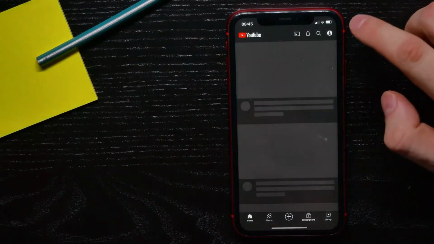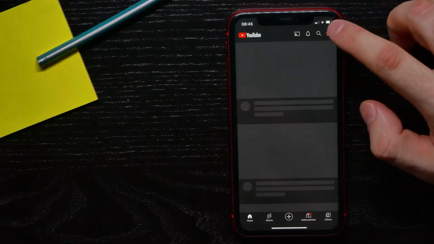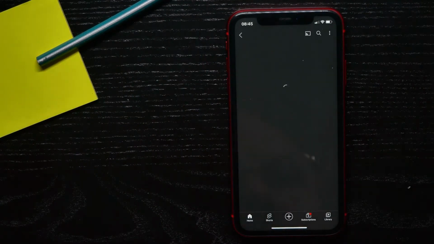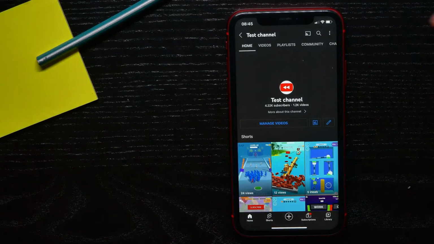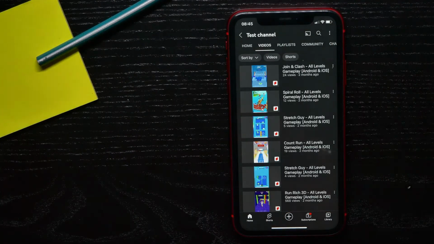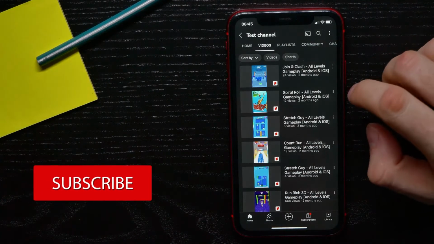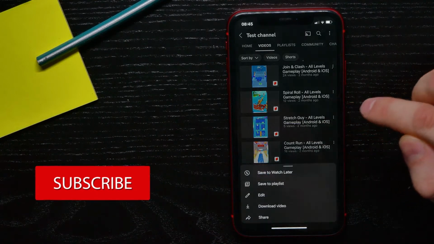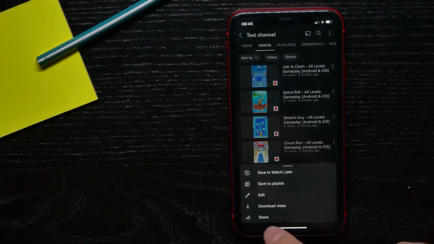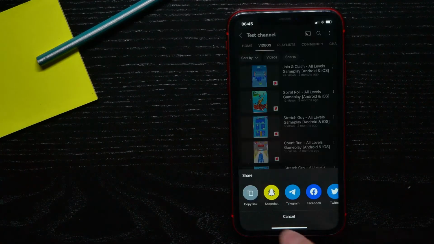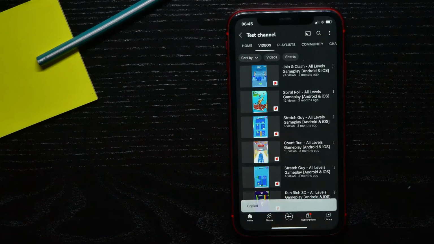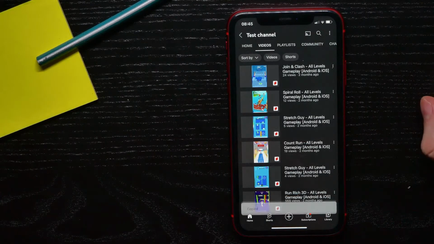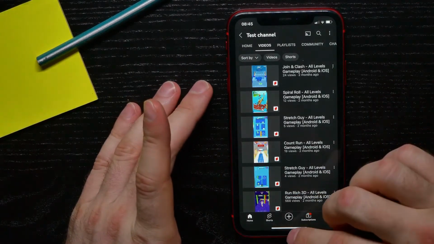Now on YouTube you can hit your profile icon and there hit your channel. Then tap Add Videos and there you can select a video, then hit the three dots icon beside the video name and here select Share. Then tap Copy Link, so now you just copy a link to your clipboard and now you can open up Instagram